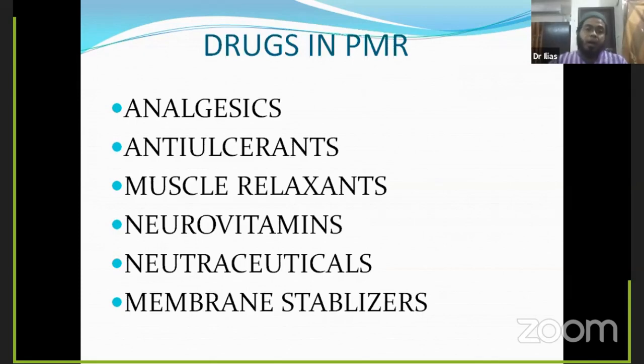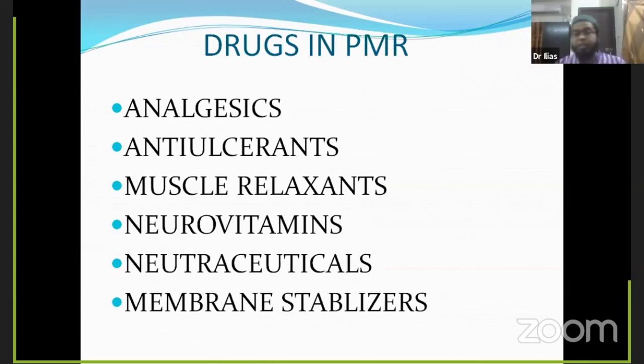Okay, and now the fourth one is the neurovitamins. Earlier I told you about the neurological patients. The patients come to our department with neurological complaints. Say a patient is having idiopathic neuropathy, a patient is having peripheral neuropathy, a patient is having a stroke. So in these cases, to have recovery from this kind of neurological condition, along with prescribing other drugs, we must prescribe the neurovitamins.